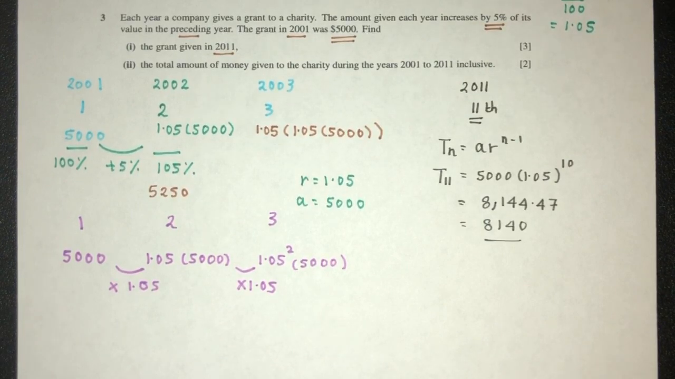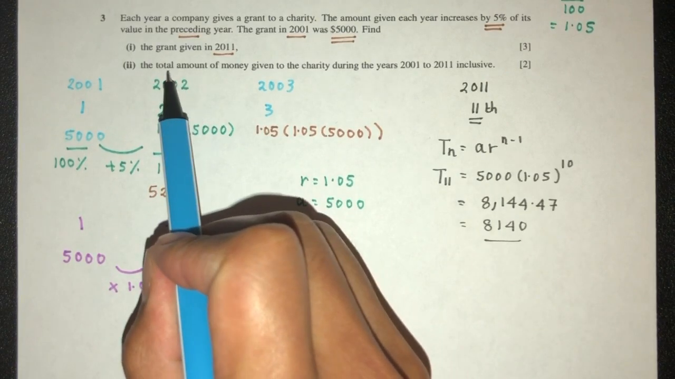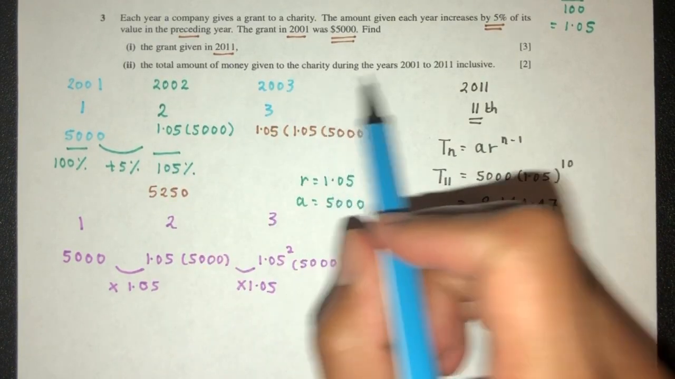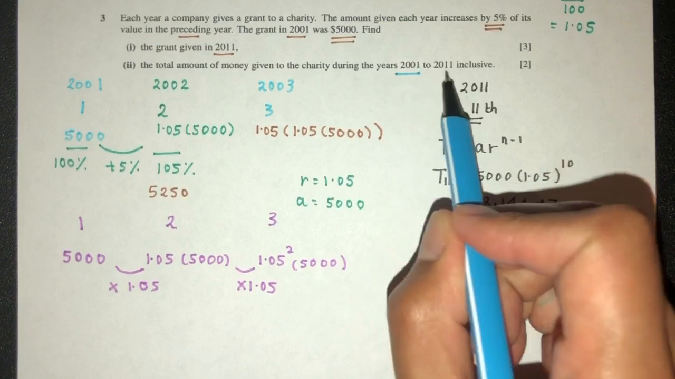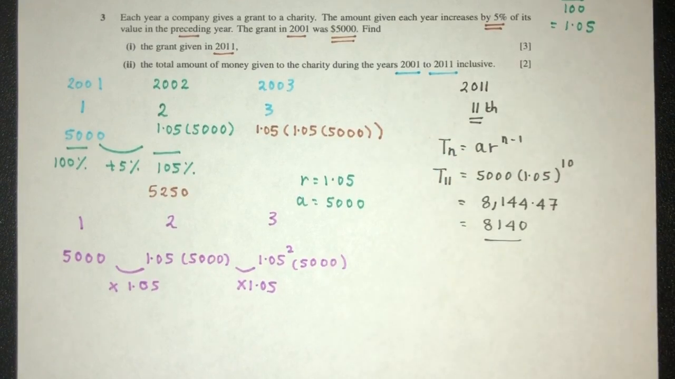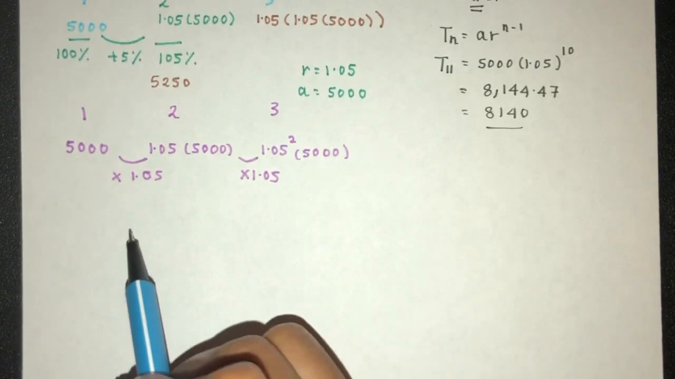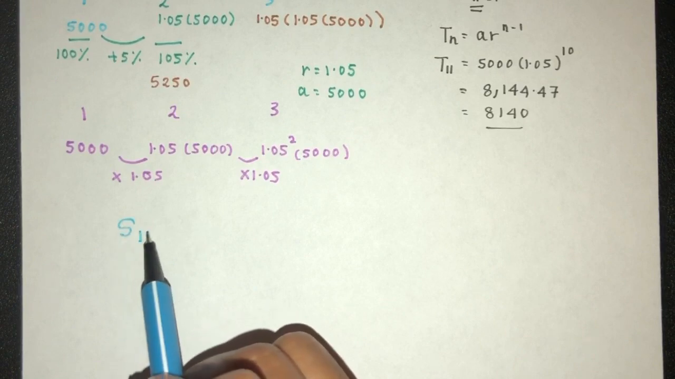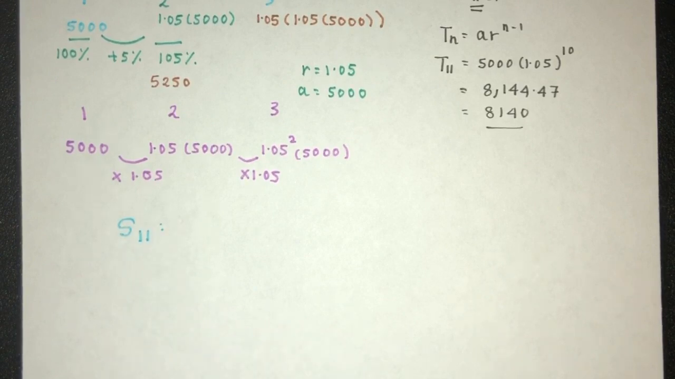Now for part 2 of the question, we have to find the total amount of money given to the charity during the years 2001 to 2011. So the idea is simple. We're trying to find the sum of the first 11 terms. Of course, this is a formula given to you as well for a geometric progression. It will be a,